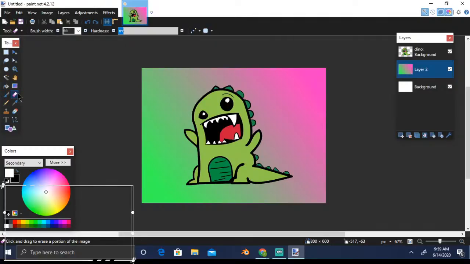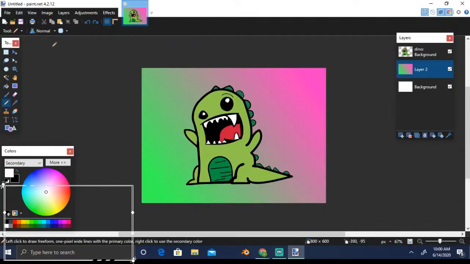Now it's the eraser tool. Eraser, as the name suggests, works similar to the paint, but the only thing is instead of painting it erases, right? So whatever size you want, whatever hardness you want, you can select and just do it. So why is it coming white? Because my background is white. If I unselect this, the transparent will come, right? So what it is doing is the eraser is erasing that portion of the image on the layer that I have selected. I don't want to keep it, so let me just undo it.